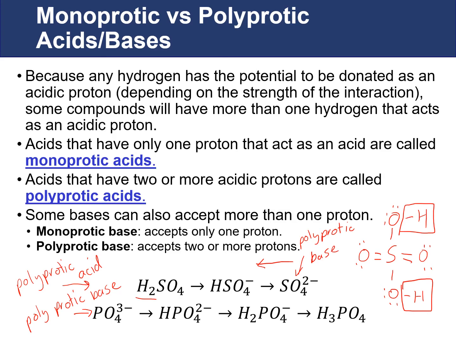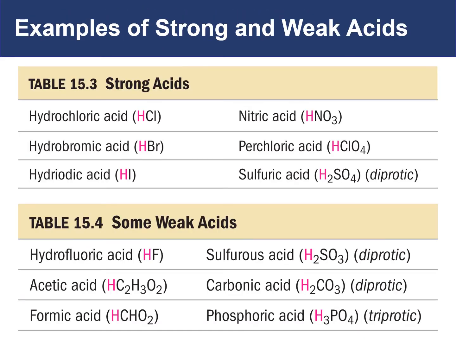Similarly, this H3PO4 would be a polyprotic acid. It has 3 acidic hydrogens that it can donate going in the reverse direction. A couple of examples of what we consider strong acids, those again being ones that will give up all of their acidic protons, are hydrochloric acid, HCl, hydrobromic acid, HBr, hydroiodic acid, HI, nitric acid, HNO3, perchloric acid, HClO4, and sulfuric acid,